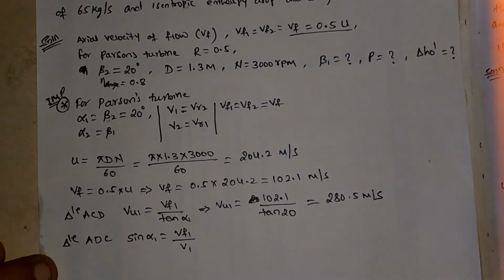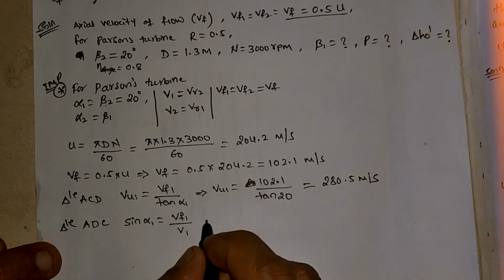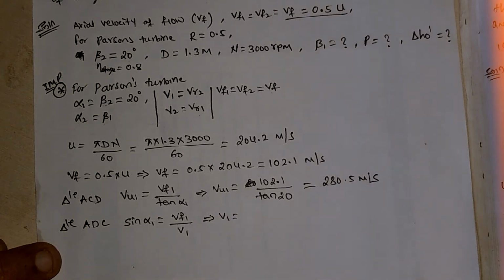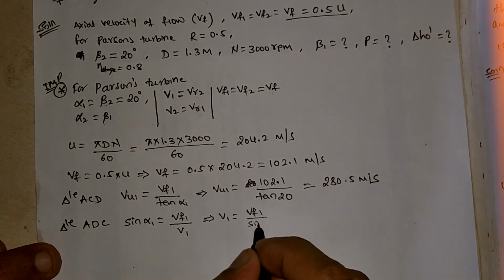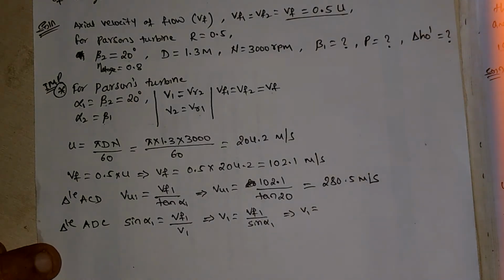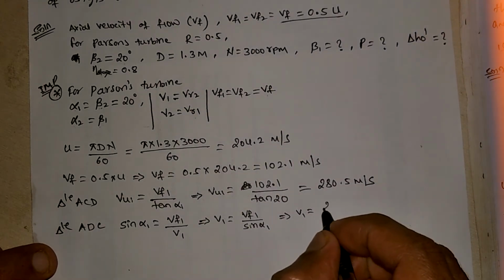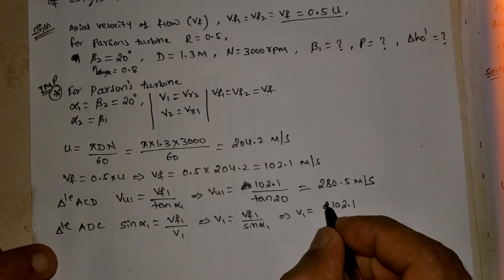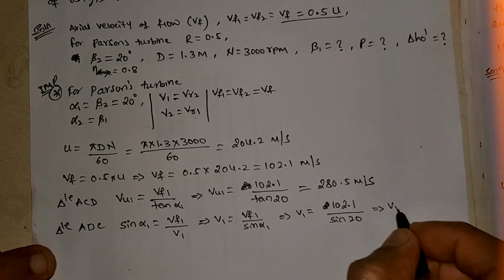Okay. So as you can see here, sine of alpha 1 is equal to Vf1 divided by V1. Vf1 is opposite and V1 is hypotenuse. So this implies V1 is equal to Vf1 divided by sine of alpha 1. What is Vf1? Vf1 is 102.1 divided by sine of 20. So we'll get V1 is equal to